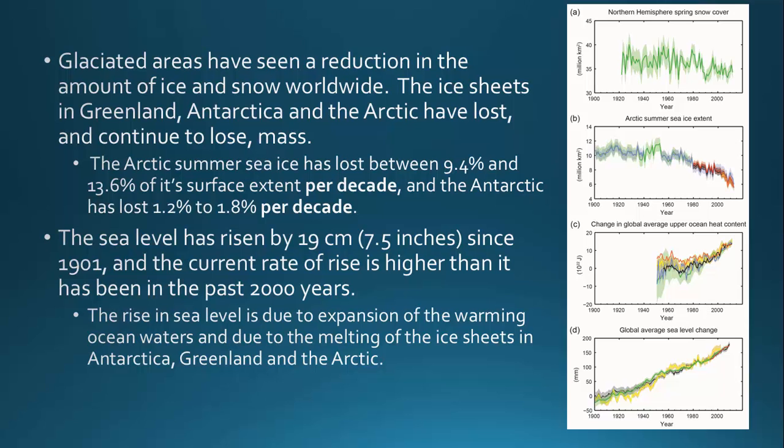So as you warm up water, it expands, and that's easy to see. If you do an experiment, you can put cold water in a pan on your stove, and then when you heat it up to almost boiling, you'll see that it rises up in the pan slightly. So if you're like me and you fill your pans too full, and then you heat them up, the water spills over the sides because you added too much water and it expanded. So that's what's happening on Earth, except there's nowhere for it to go except up the land surface, and so then sea levels are rising.